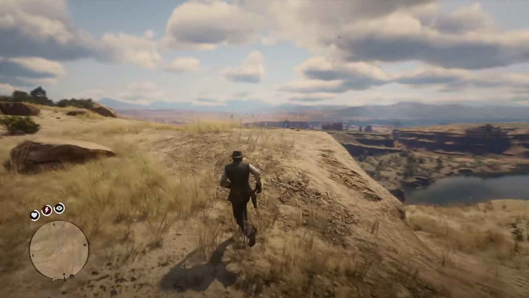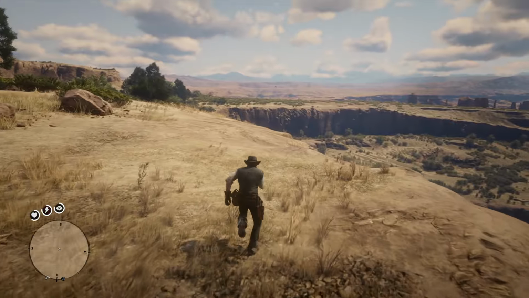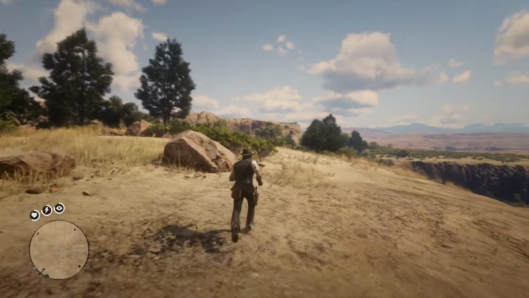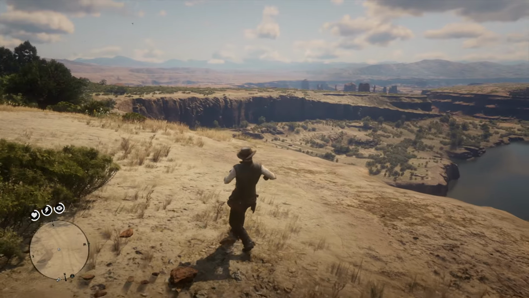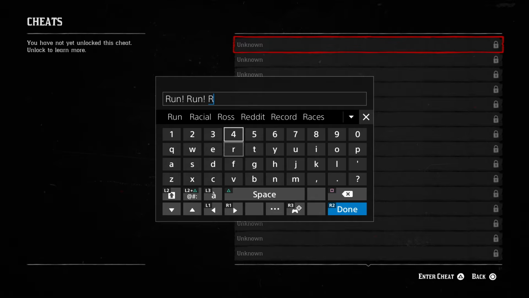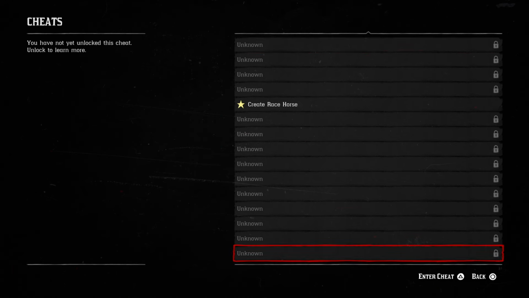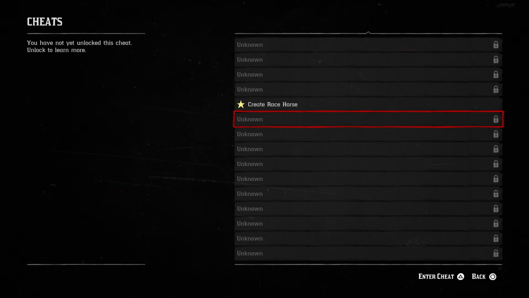Now, because Mexico is such a vast and open area, one thing I would recommend doing is, since your horse is going to be unable to get with you, is spawn in a horse. There's a couple of cheats that work. I like the one that is run, exclamation point, run, exclamation point, run, exclamation point. That will actually spawn a racehorse for you